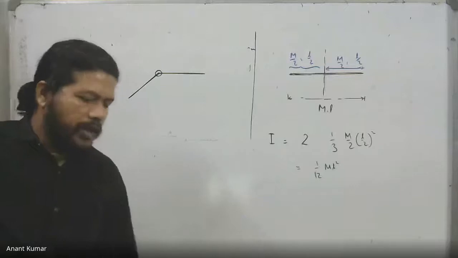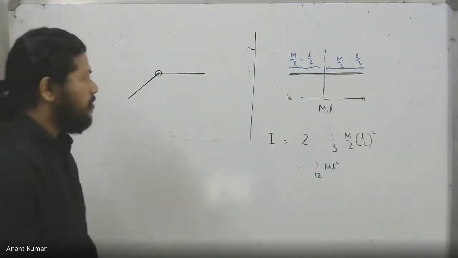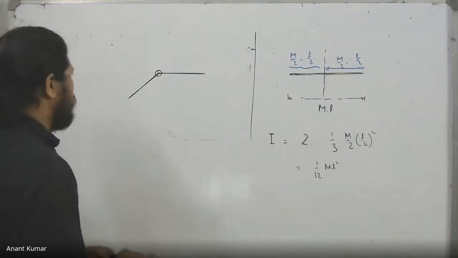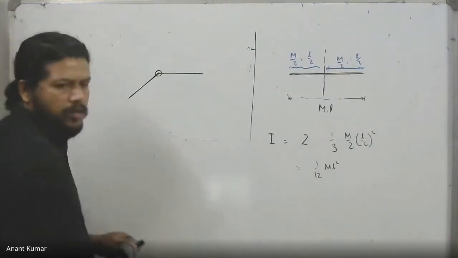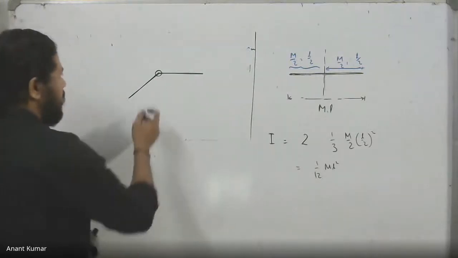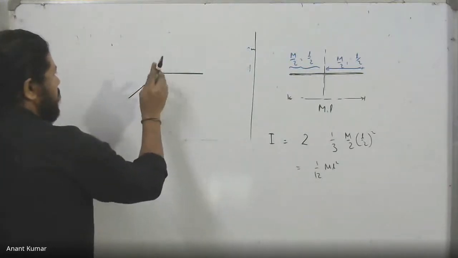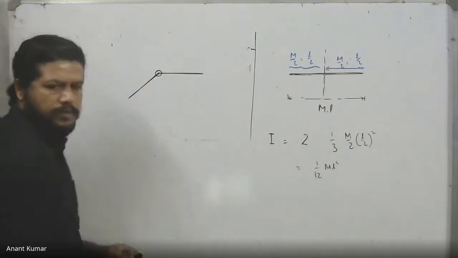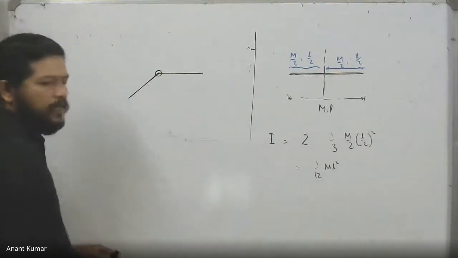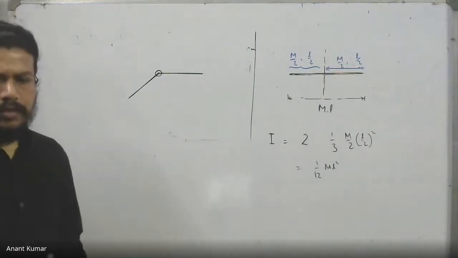There's no question. I was just saying that even if I had a bent rod, originally the rod has mass m, length L, and I just bend it about the middle by some angle like this. This is representing the axis coming out of the plane. In this case, again the same result will be there because the total mass is the same.